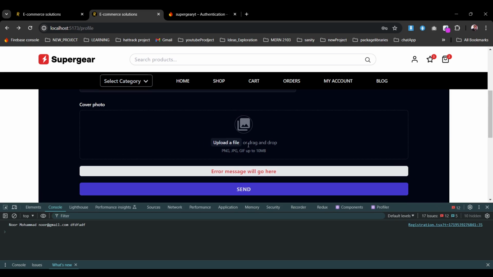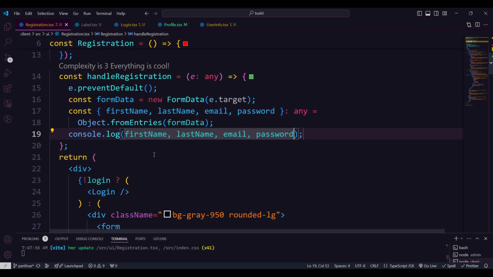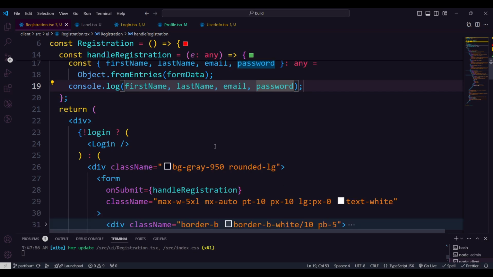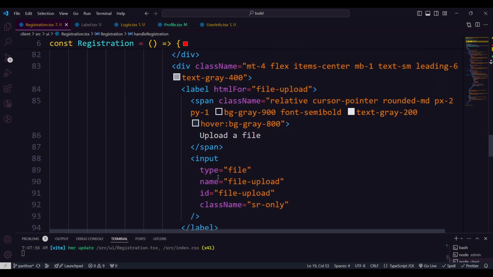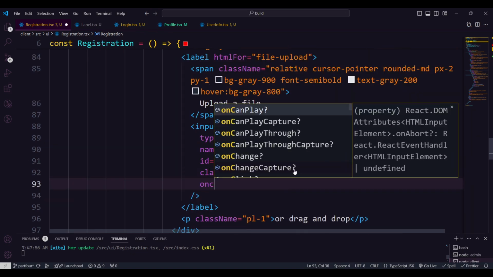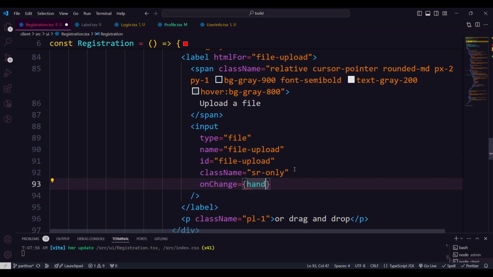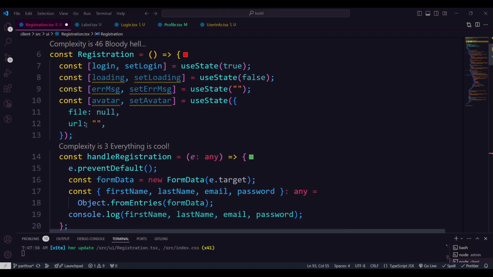And also one more property we will check. Let's upload a file here, but right now it will not do anything yet. So what I'm gonna do is first roll back to our upload file property over here. That's our file, upload a file. So here we're gonna write one property on that, it should be onChange, like handleAvatar. So let's just go in the top layer, we're gonna create that functionality to upload the avatar,